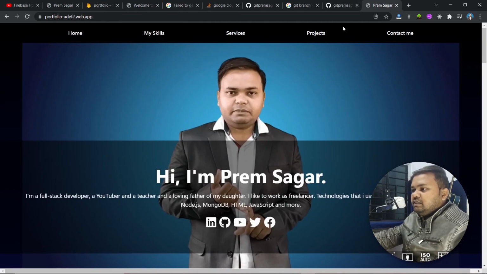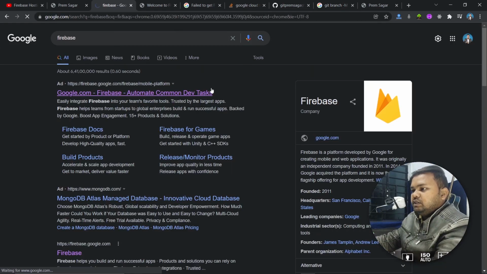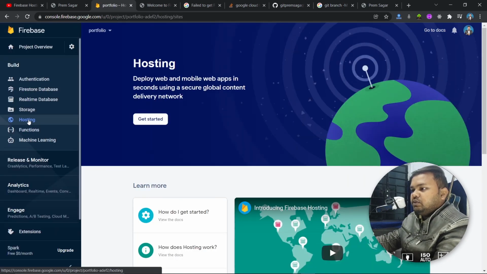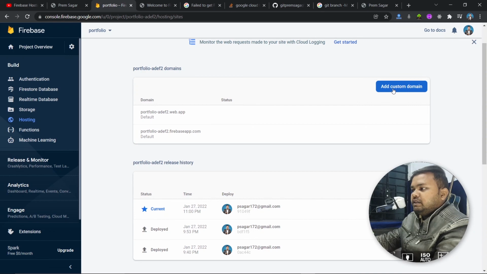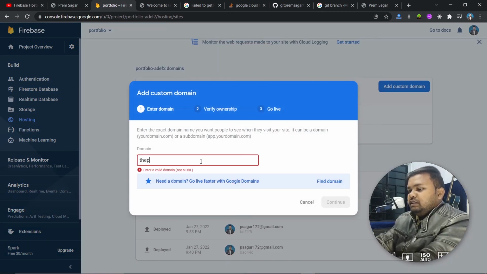Now next thing I want to do is add a custom domain to my website. So I'll come to Firebase website. Let me just quickly open up the Firebase website, and I'll open up this project portfolio, and here I will click in the hosting tab. Here we've got this button, add custom domain. So let's click, and I already have registered a domain,